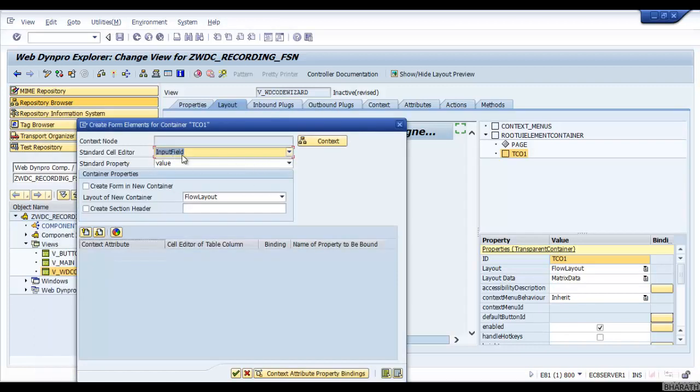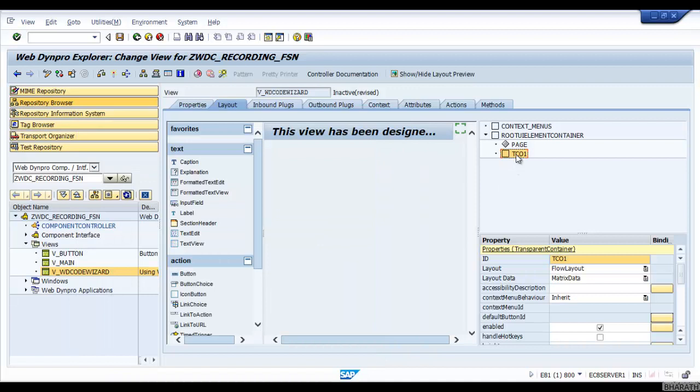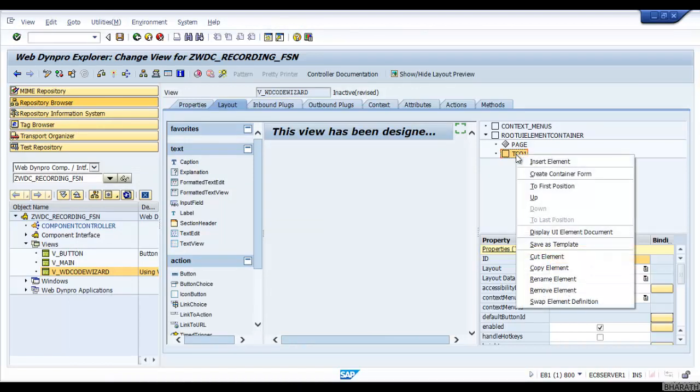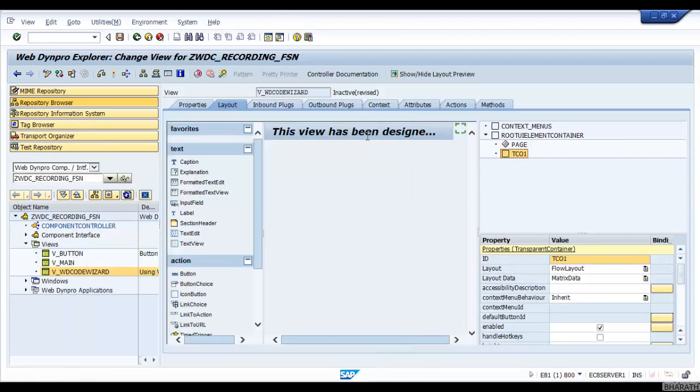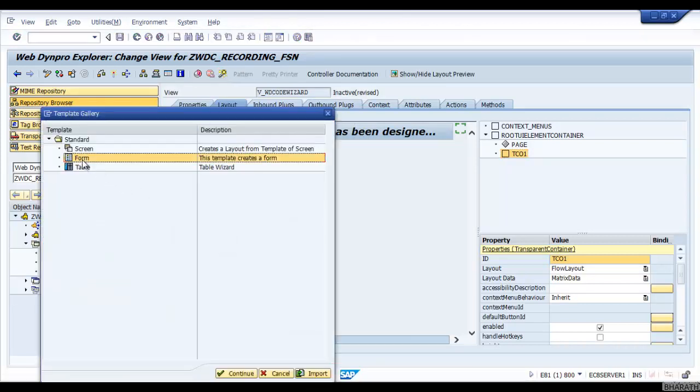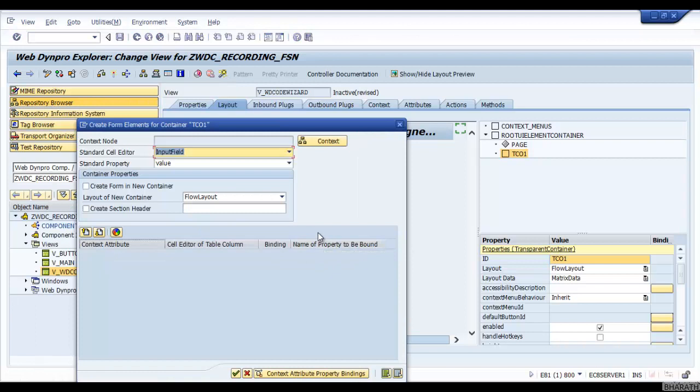See, the same pop-up has come. I'll show you once again. If you just right click on the transparent container and click on create container form, it will open the same pop-up. Or if you just select the transparent container and click on WebDynpro Code Wizard, and by clicking on the form it will open the same pop-up.